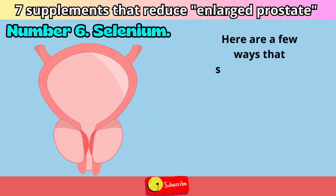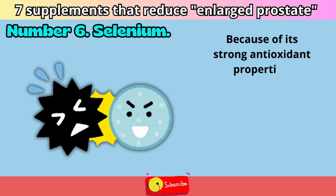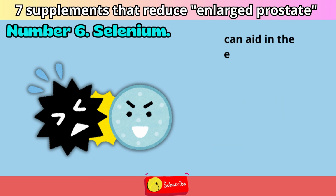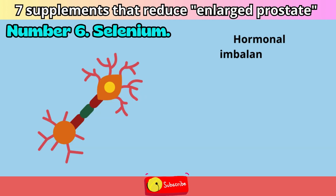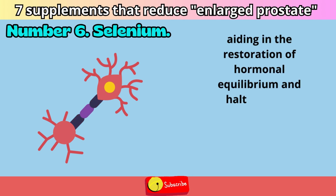Here are a few ways that selenium can aid in the reduction of an enlarged prostate. Because of its strong antioxidant properties, selenium can scavenge dangerous free radicals that can cause cell damage. Such damage can aid in the emergence of numerous illnesses, such as BPH. Hormonal imbalances are directly associated with the development of BPH, and selenium aids in the restoration of hormonal equilibrium and